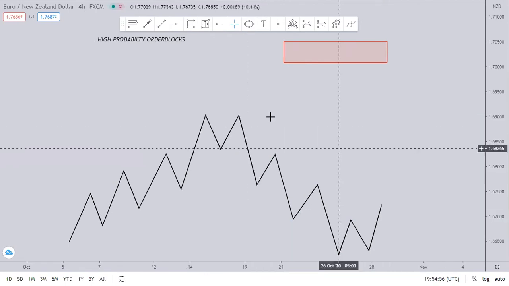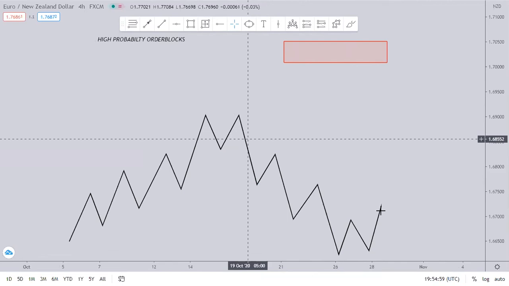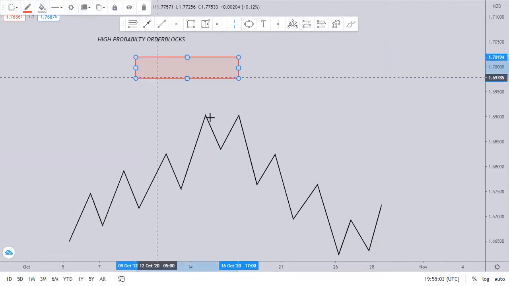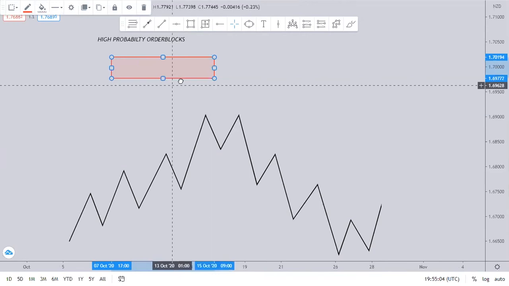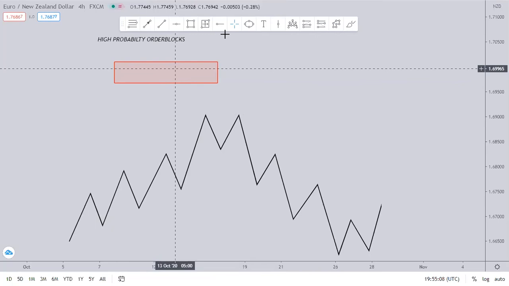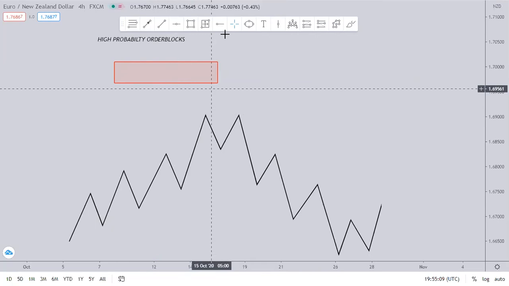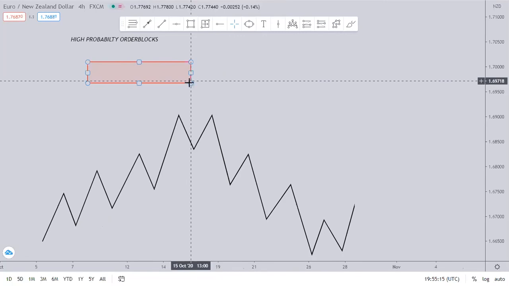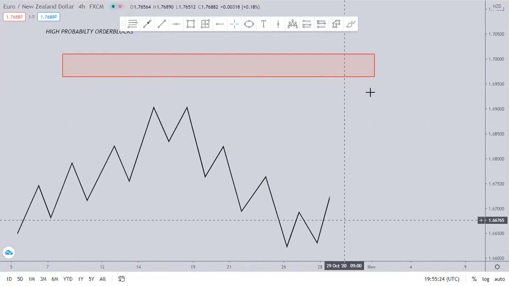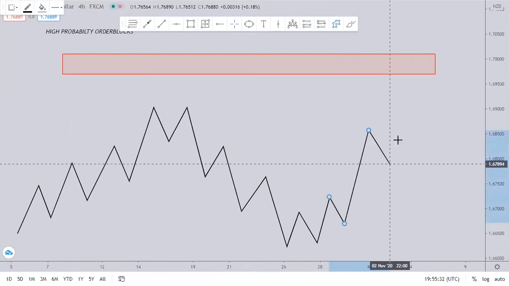Now, once you see a double top formation like this and you see the market trading upwards towards that direction, then you look above that double top, and you see a bearish order block there. Let's say this rectangle is the bearish order block. Okay, that is the bearish order block. Let us extend it to the right. So the market is moving up towards that bearish order block. Now, when it gets here,